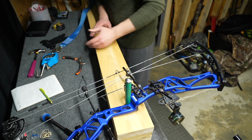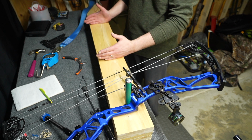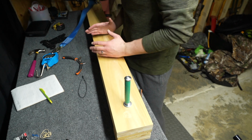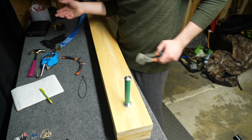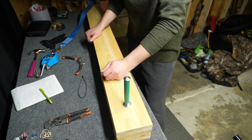So let's talk about getting a mark on here for exact draw length. And I run the exact draw length for about 25 to 32 inches here. So let's get this bow off. So in order to actually measure draw length, which is incredibly important, there's actually a formula for doing it, and I don't know when the formula happened. I don't know why it is exactly the way it is, but it's 1 3/4 inches from the deepest part